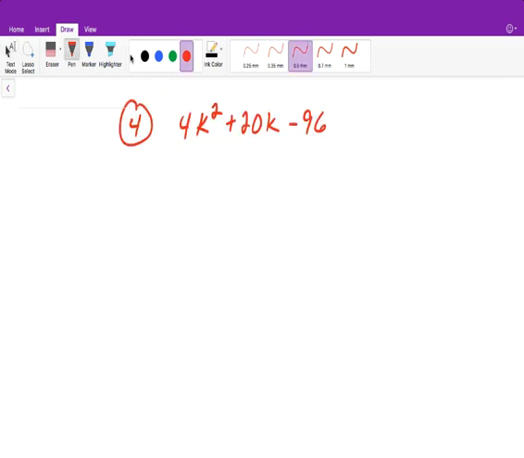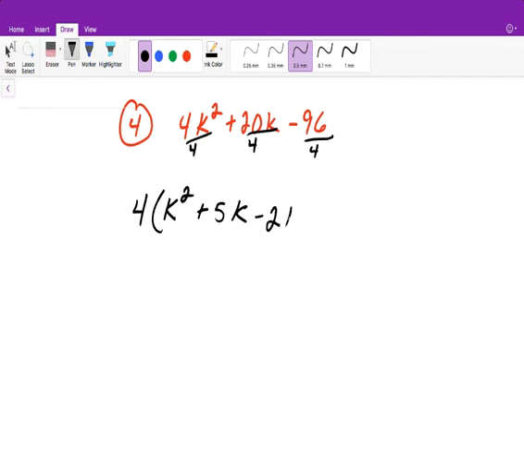All right, so for this one, remember, we rearrange if we can, but then we also need to look for a GCF. And 4 is divisible into both 20 and 96, so I'm going to factor out that 4. And when I factor out the 4, I'm left with k squared plus 5k minus 24. Since this is a negative sign, we know it cannot be a perfect trinomial square, so we don't even have to look for the